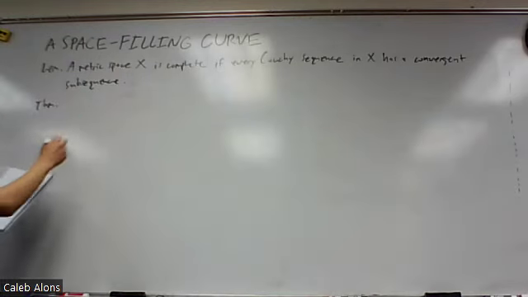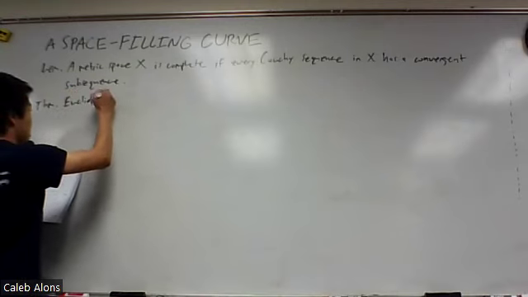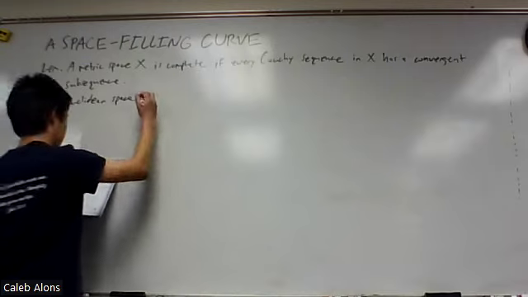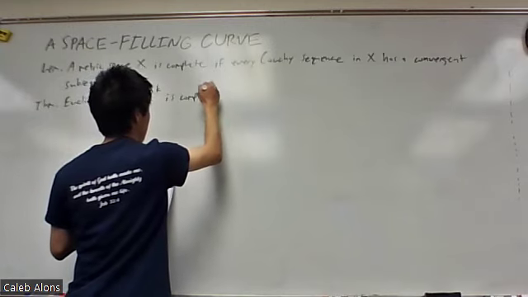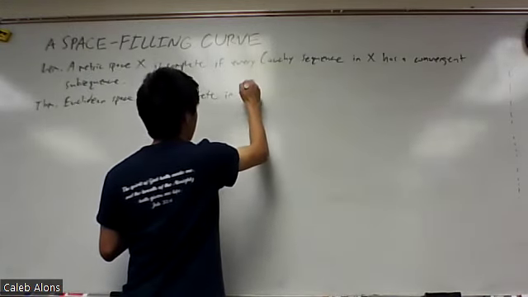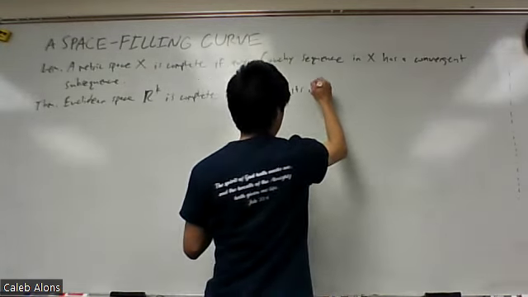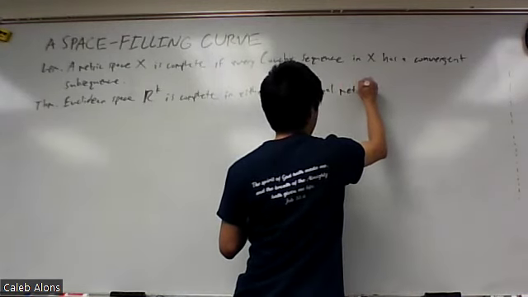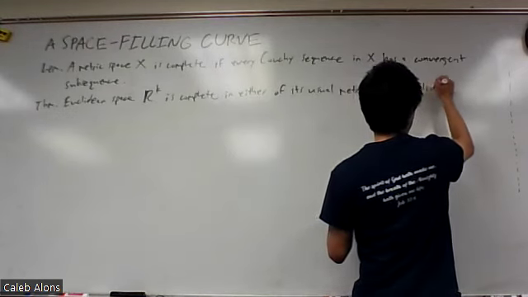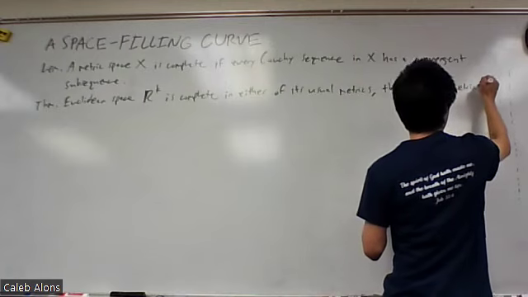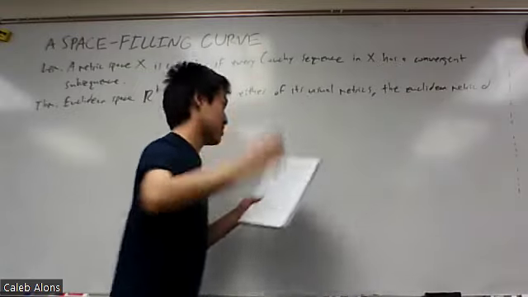And then what we'll prove, which will be helpful later, is that Euclidean space Rk is complete in either of its usual metrics. The Euclidean metric D, which is the fancy way of saying how we normally conceptualize distance in space,